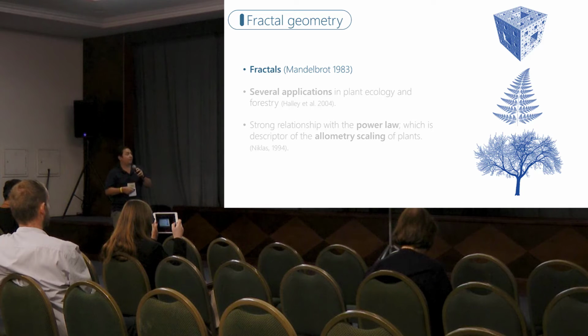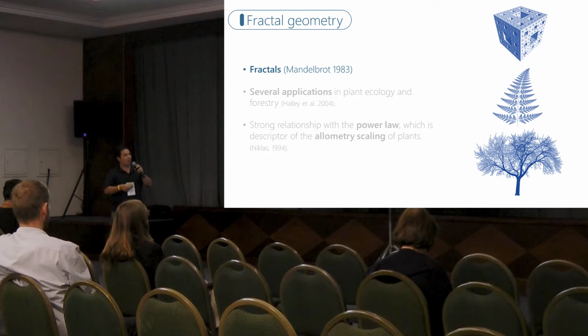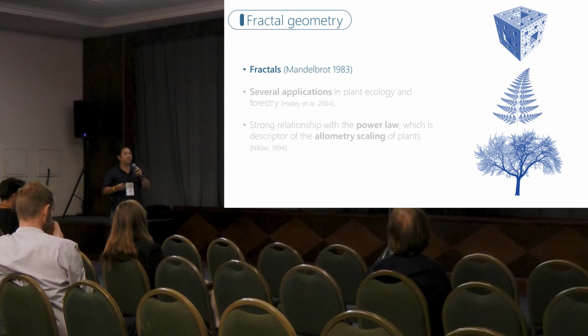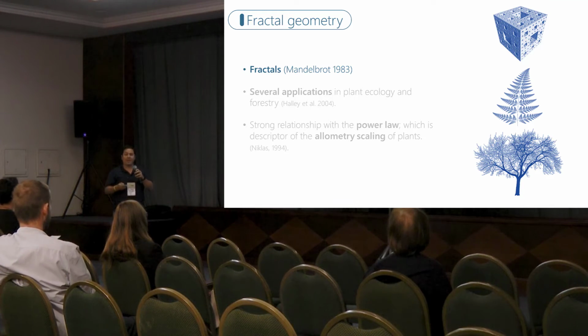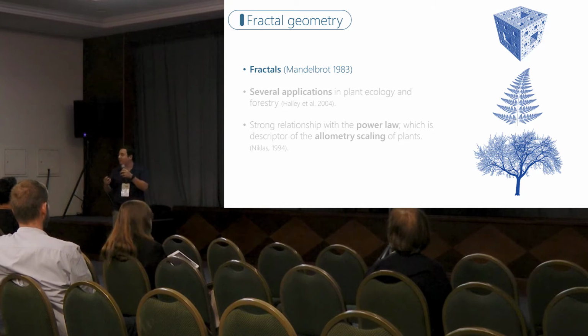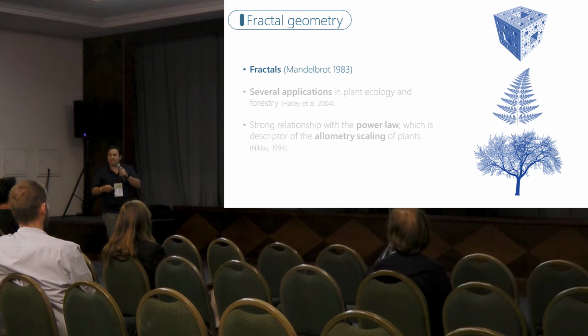An example of this could be, for example, a cube filled with cubes, the leaflets that you can find in a fern, or some chunks or branches that you may see in a tree. These have several applications in plant ecology and forestry, mainly because the fractal relationships found in plants are strongly related to the power law, which describes the allometric scaling of plants. In point clouds specifically, fractals have been applied